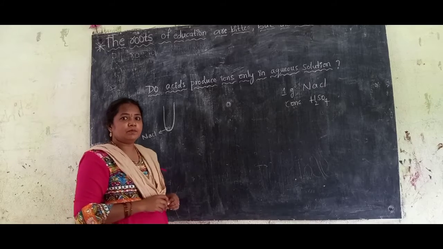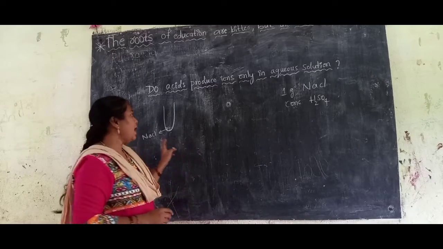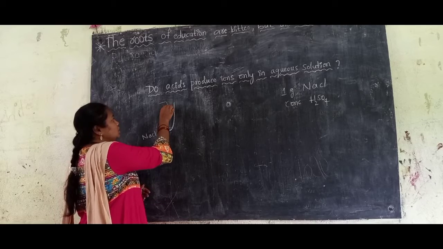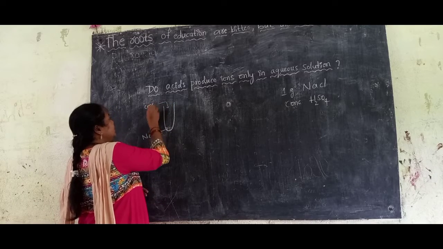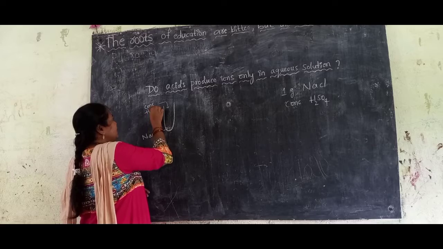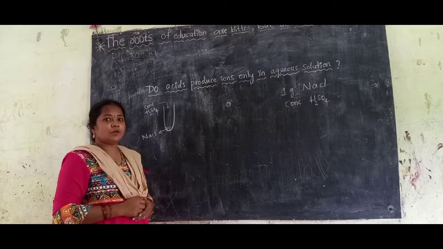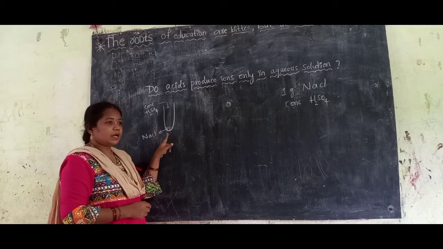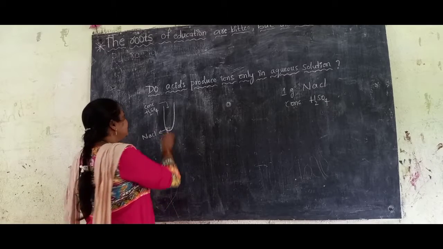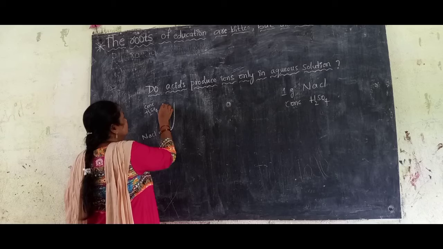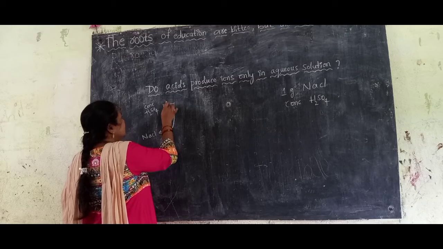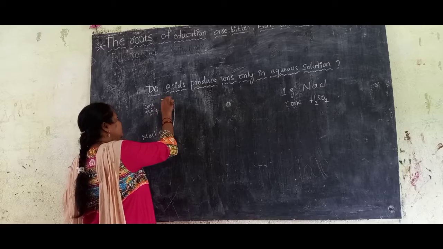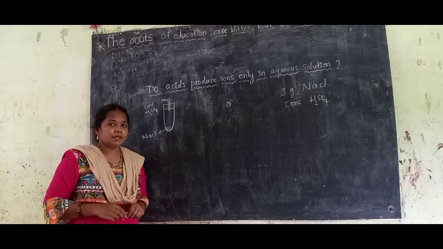After placing sodium chloride in the test tube, add concentrated sulfuric acid to this test tube slowly. After adding, you have to place a rubber cork containing one hole. Through this hole you place one delivery tube.